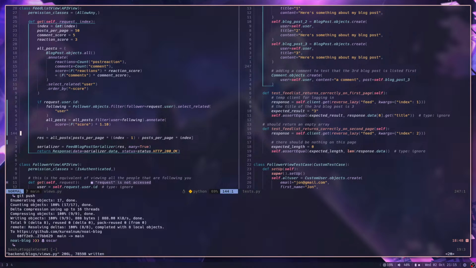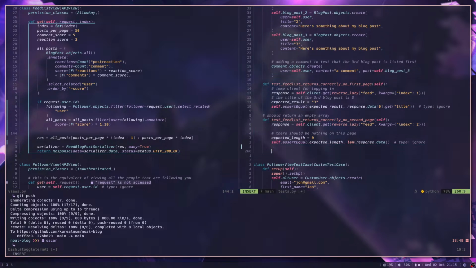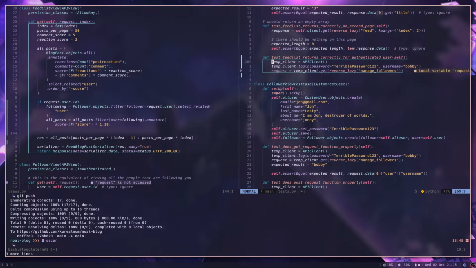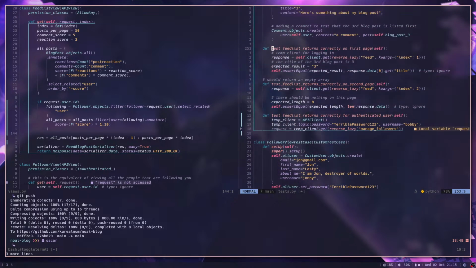All right. Let me write a test case for this real quick. And test feed list returns correctly for authenticated user. And we're gonna do it pretty standard, what we've done before. I'm just gonna copy and paste because I'm lazy. Here, slap this here. Go up here, and what's the feed? Okay. Actually, I can just yoink this from here. The only thing that I want to do is change this to